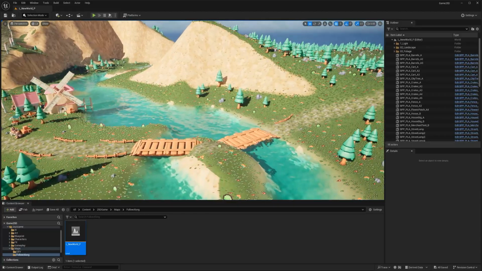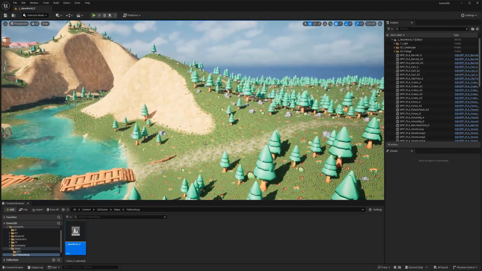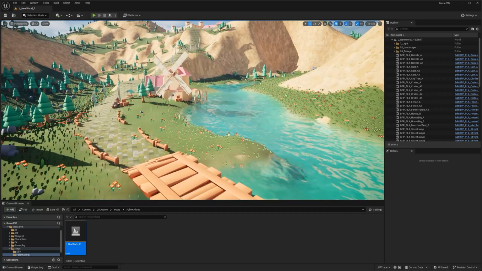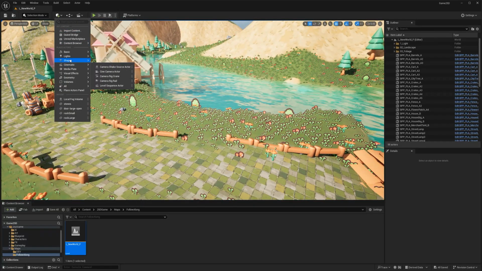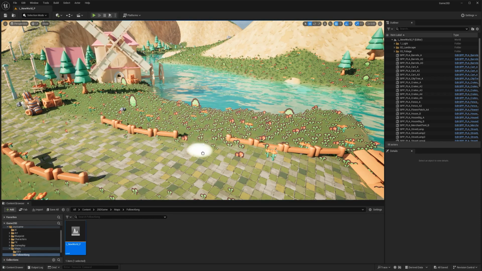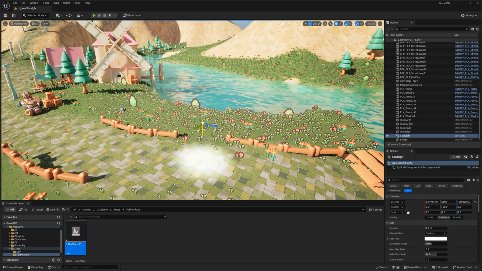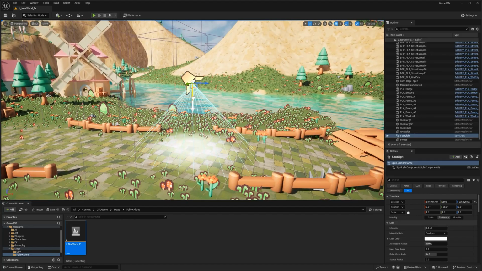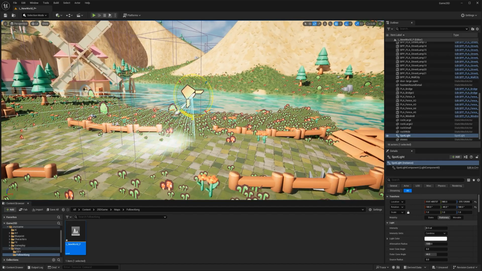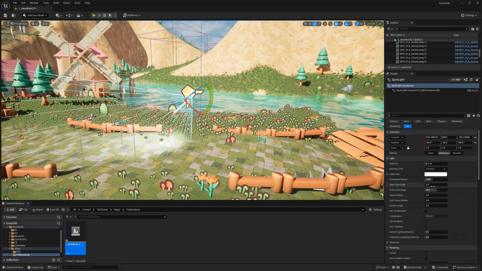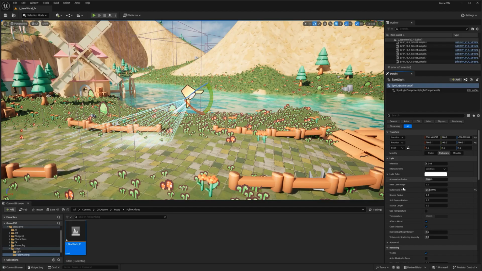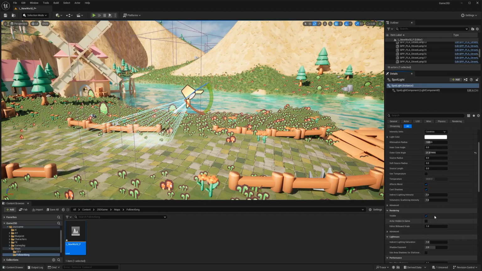Way superior. So with volumetrics enabled, it allows us to have volumetric lighting in shadow. So if I go here to my add and go to light and I look for a spotlight and I put it in my scene, as you can see, that's the spotlight right there. I'm going to make sure that my outer angle is very tight. Notice that we have a setting here called volumetric scattering intensity, right? And I'm going to put in 50 and nothing's going to happen.